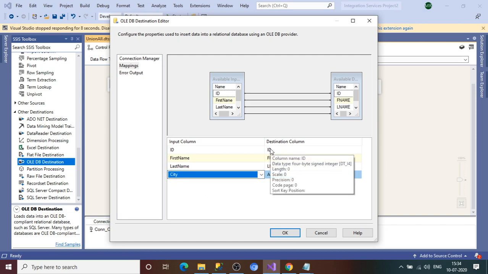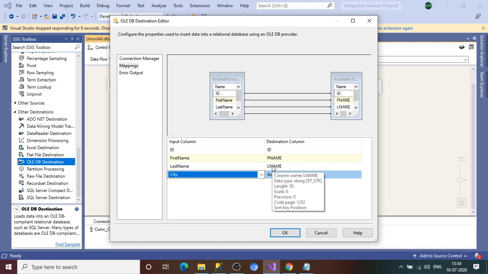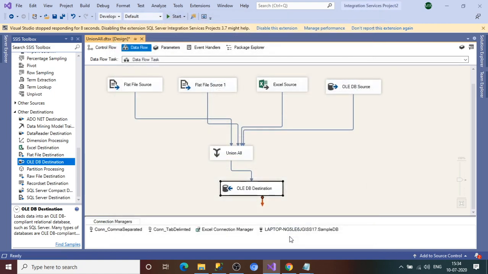If you see, the destination column is integer type. The id is a 4-byte signed integer. First name should be a string of length 50 characters. Last name would be a string of 50 characters, and then address would be a string of 50 characters. So what is actually expected from all the input sources is that all of them would have 4 columns. The first id column would be of integer data type, and all the rest 3 columns would be string data type of 50 characters.